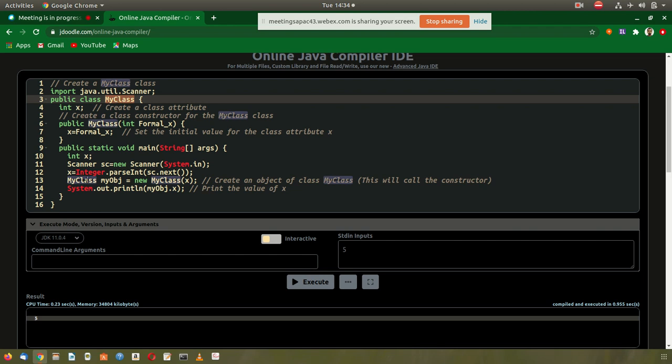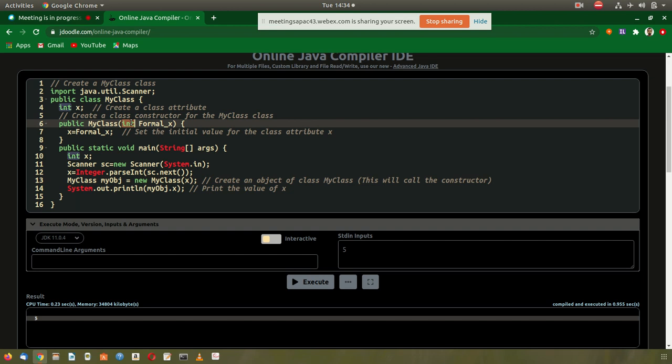Now how to do? MyClass myObject is equal to new MyClass. Now this is the constructor and it can accept one integer value. So we pass this integer value x, that we have converted from sc.next, to the constructor MyClass.